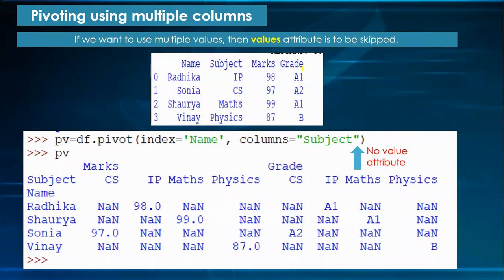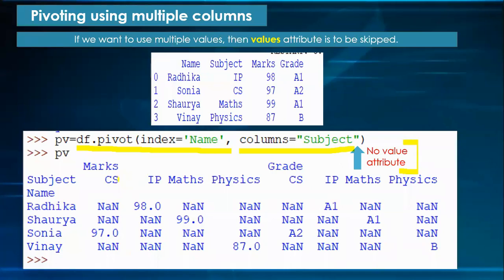In that case, we will skip values attribute. df.pivot index is equal to name, columns is equal to subject. So there is no value attribute used. So in this case, you will get combination of these two, data frame based on marks also and data frame based on grade also. This is one output.